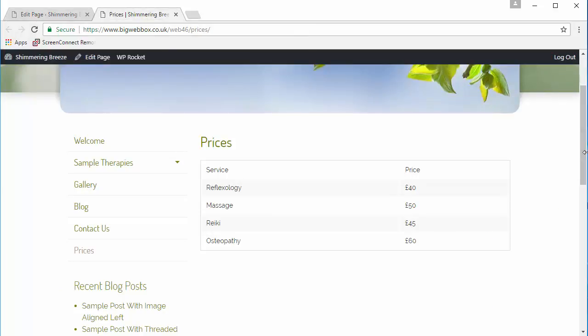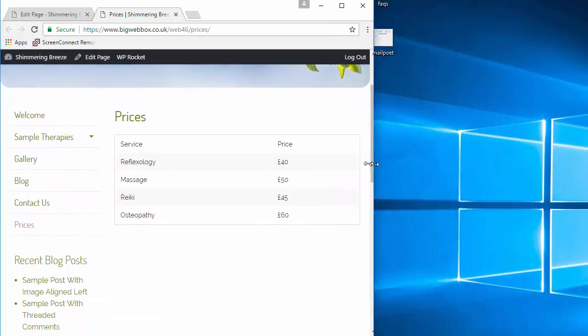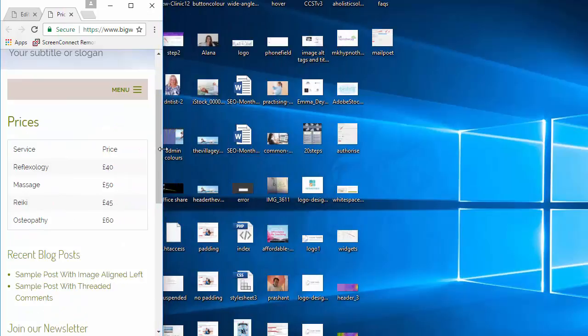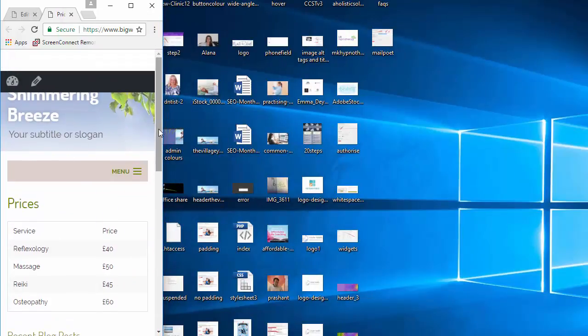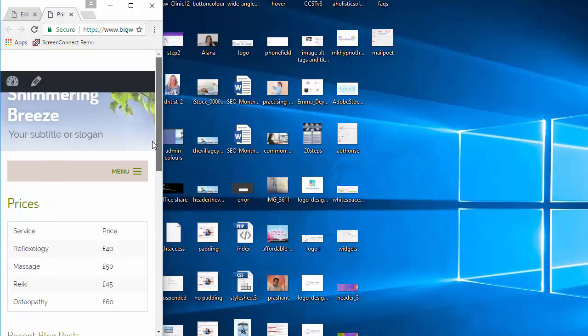So if I make this screen size smaller, as would be on a mobile device, you'll see that the table does get smaller. Okay, so this is like the size of a mobile phone. And so you can see the table looks fine there, so it's not a problem. But when you start making